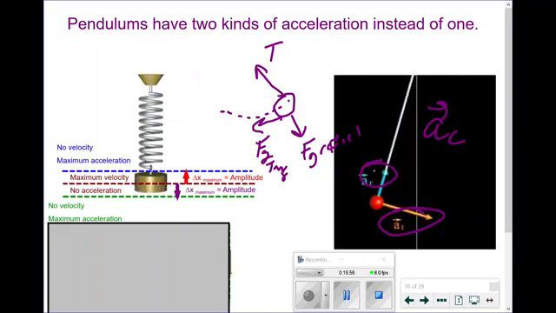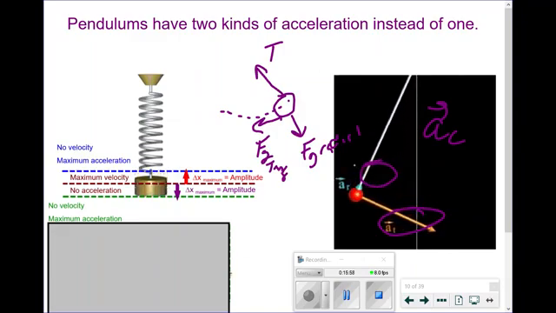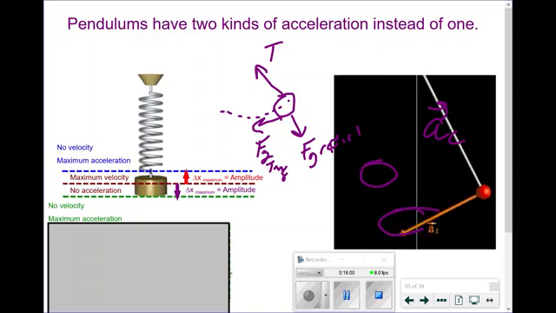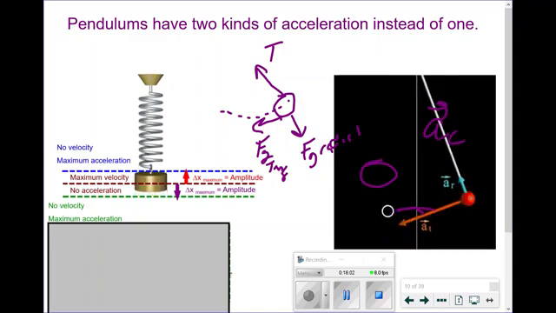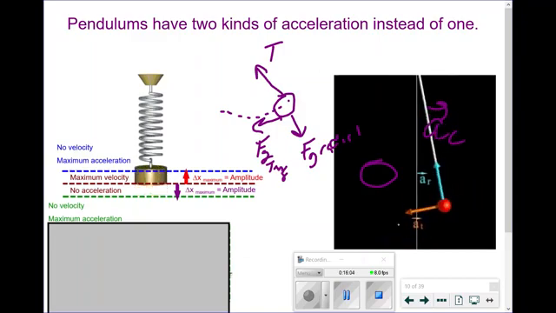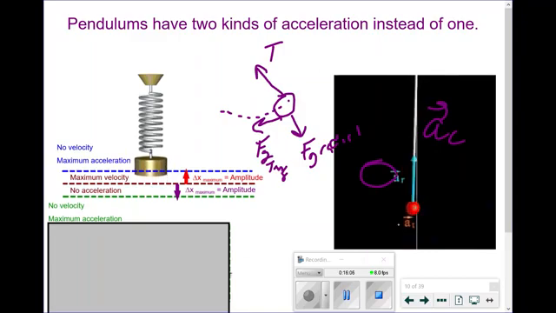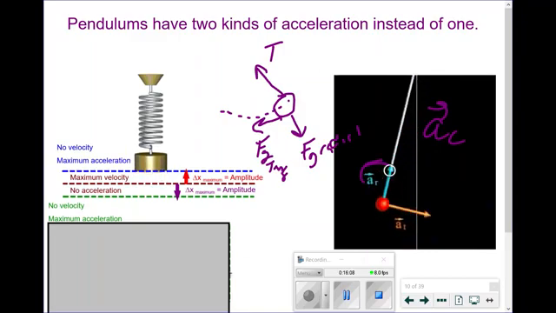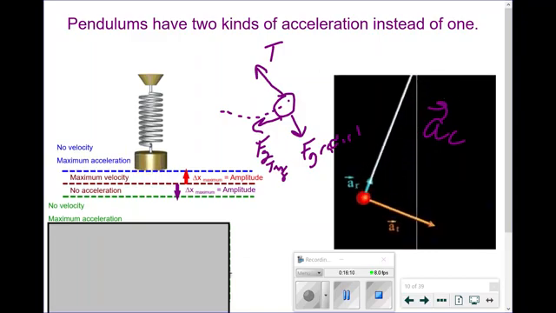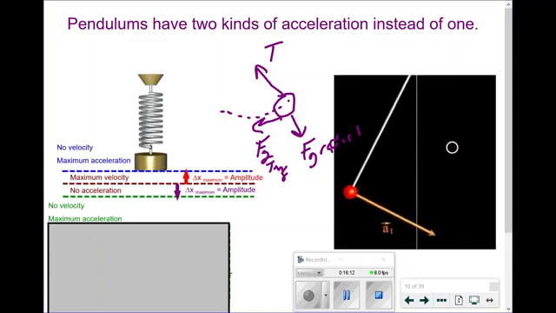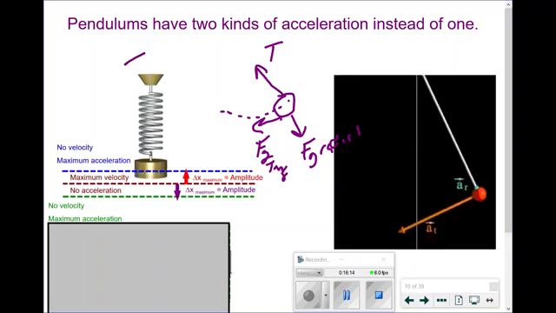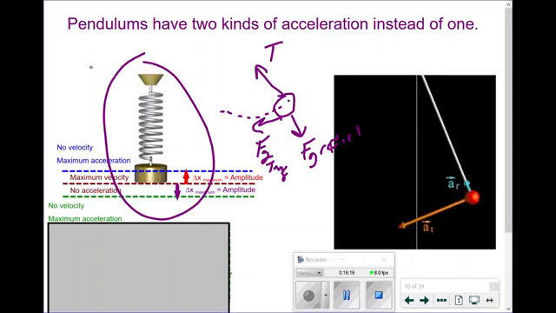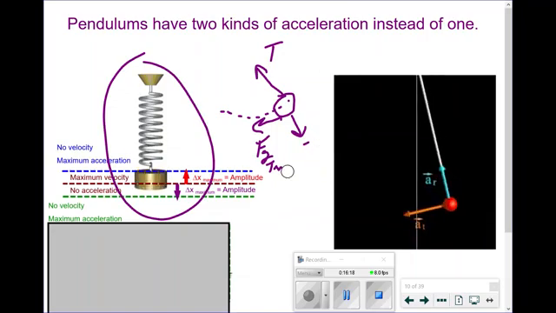Now, if you notice, at the bottom of the swing, the tangential acceleration does in fact disappear. I have no tangential acceleration at the bottom of the swing. No tangential acceleration in the middle of the motion, much like the spring right over here. So from that perspective,